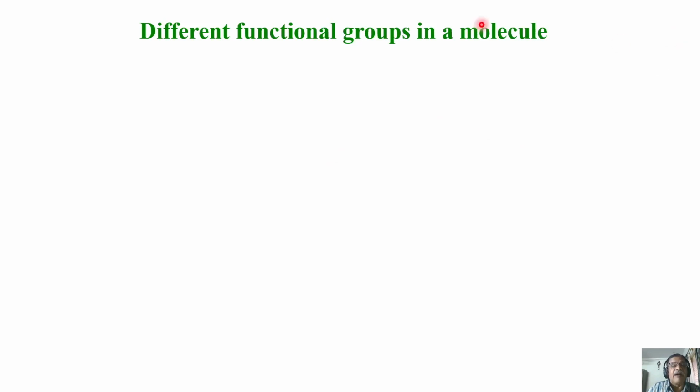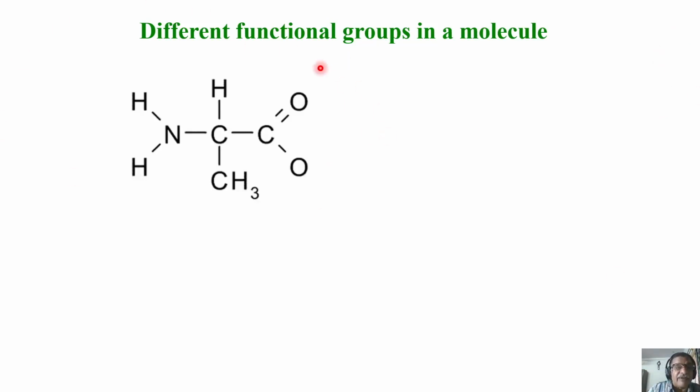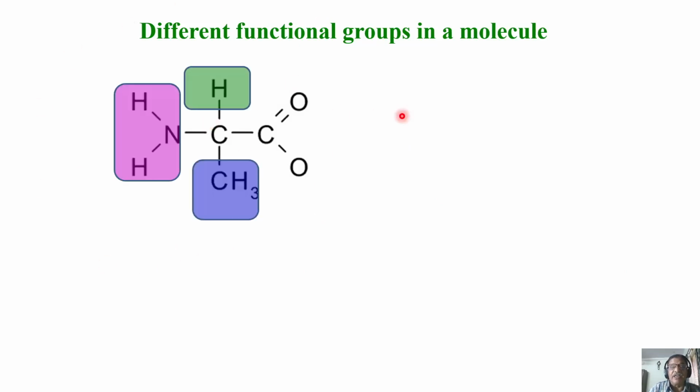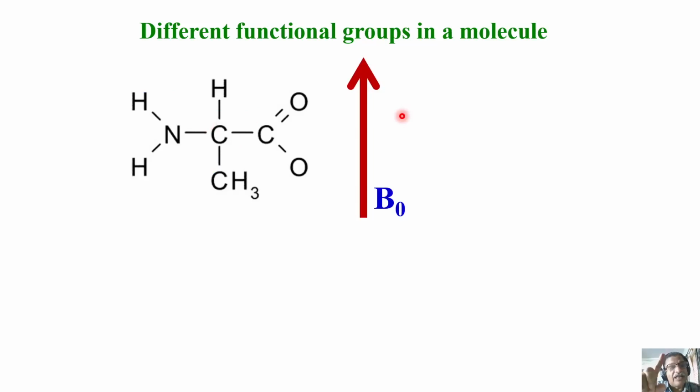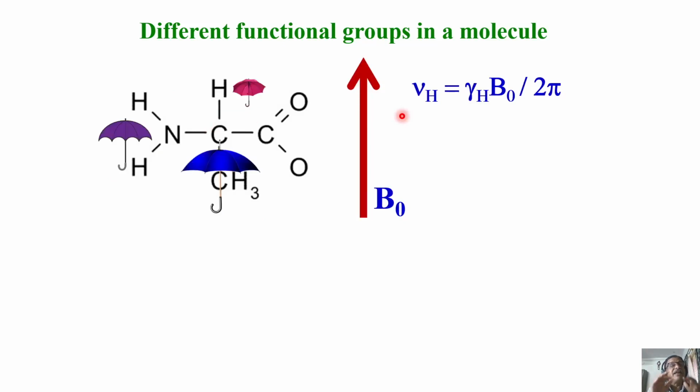Now, what happens to the different functional groups in a molecule? There are varieties of functional groups. How do they shift? Consider now the example of a molecule like this. In the very first slide I showed you in chemical shift, this one has 3 different functional groups. But when I went into my equation, I showed it all gives rise to a single peak. But now what is happening is the shieldings are different. The electronic environment at the site of CH3 is different. At the site of NH2 is different. At the site of CH is different.